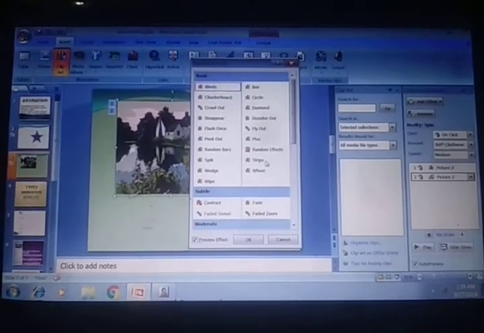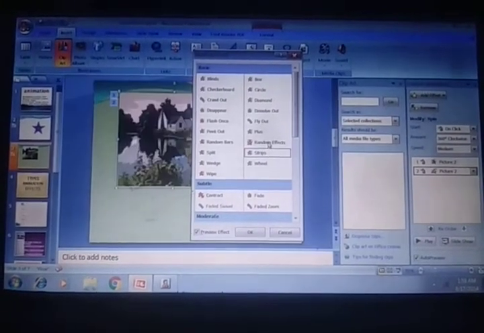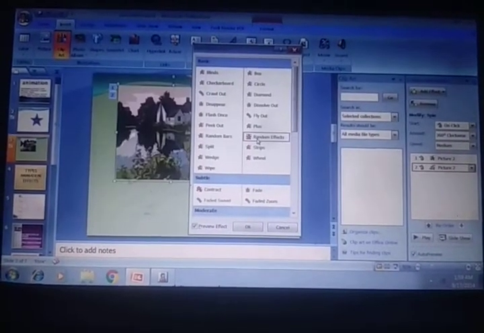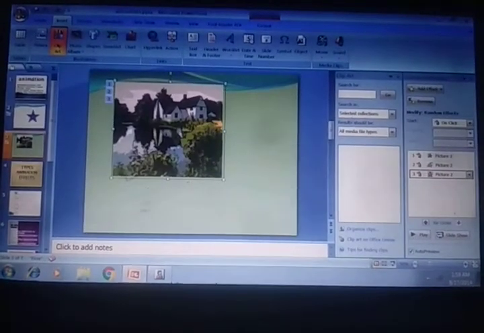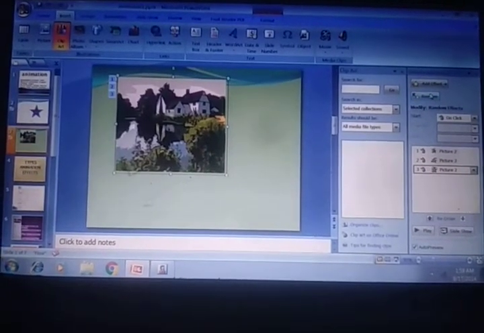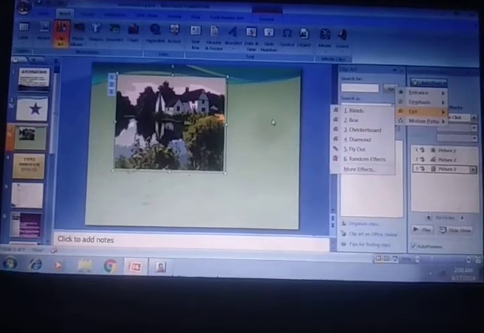Random effect or strips. Strips is okay, or random effect. Any effect, whatever you like most, you can give. It's a very good thing and very entertaining also, isn't it, student? So okay, 3 effects I have given.